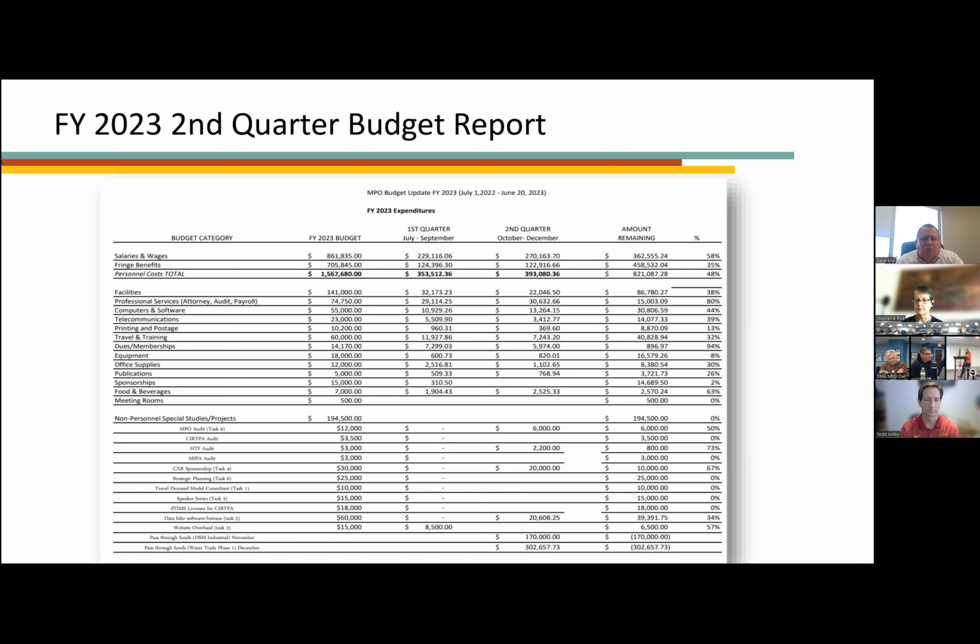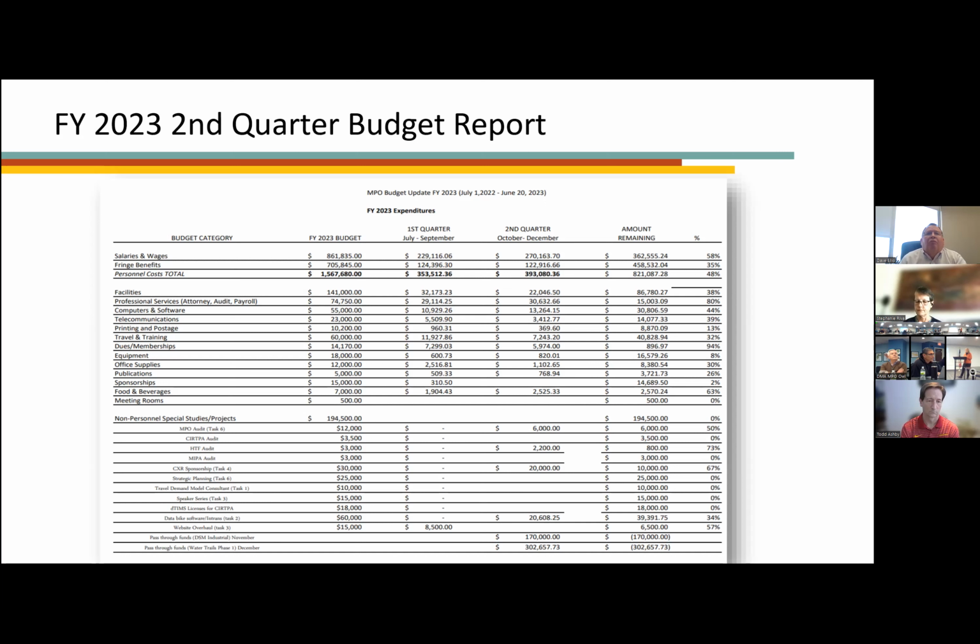At the bottom, under personnel special studies, there are a couple of things that came into our account and were then paid right back out. So when you look at the income part and see the higher amounts, that is because those deposits came into the MPO and were sent right back out. One of them was a Water Trails check. It should have gone directly to their account, but it came into the MPO's, so it came in and went right back out.